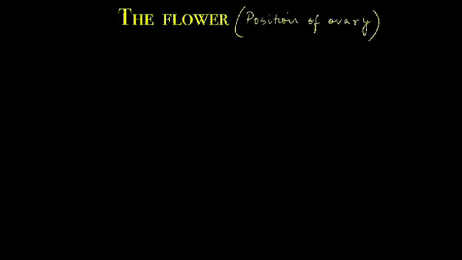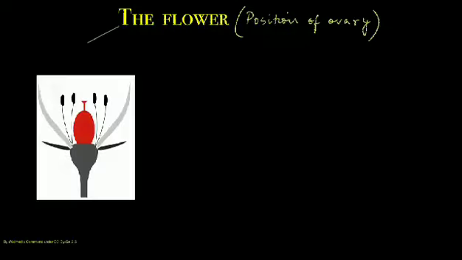Finally, we are going to look at the classification of the flower in terms of the position of its ovary with respect to the rest of the parts of the flower. So in some flowers, the ovary is present above the rest of the whorls. So these are the sepals, these are the petals, these are the stamens, and this is the ovary. As you can see, the ovary is at a higher level than all of the others. So this is said to have a superior ovary. Superior because it is above the rest, and the flower is said to be